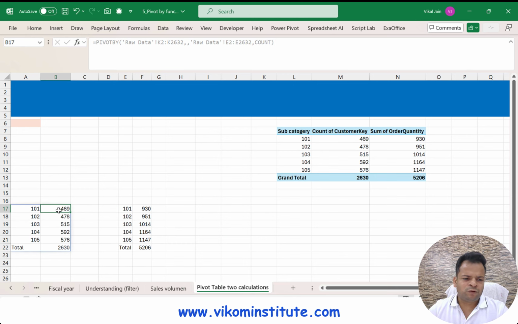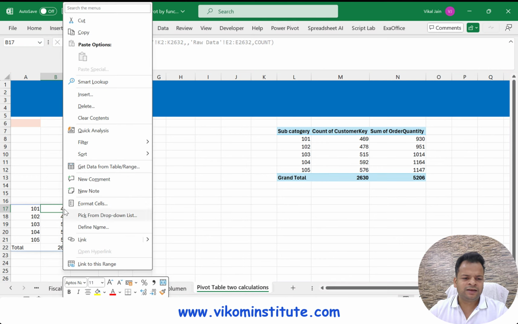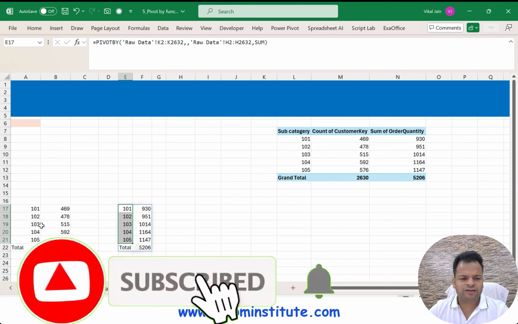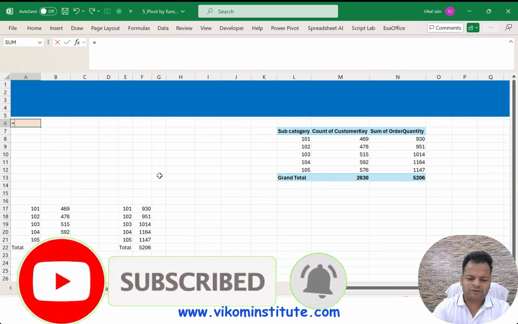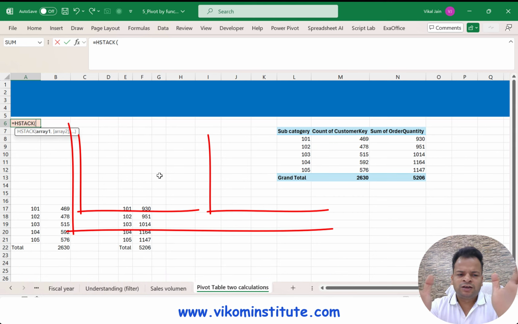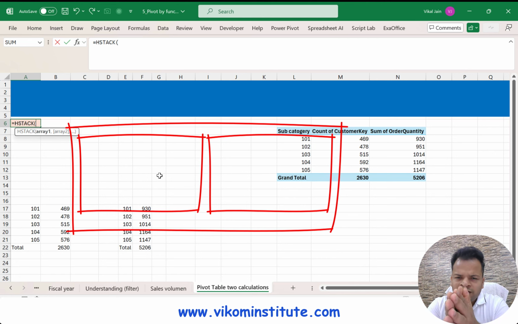Now if you want the field header, you can take that also. Here, if you want to take the header, you can take it. I'm not taking it, so let's try to concatenate these two tables and we will understand how we can do that. So what I will do, I will drop this column and merge these two into a single one. So I'm using HSTACK over here. HSTACK is going to merge your two tables into one, and that is going to merge horizontally.